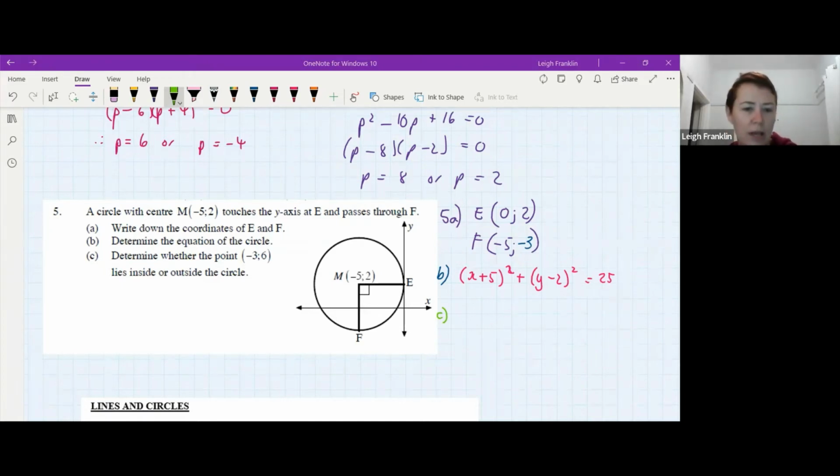No, not today. Okay, so essentially the question is exactly the same as what we've been practicing up to this point. So we're comparing the distance from the center to this particular point with the radius and going from there. All right, so what we would need to do here is work out the distance from the center to our point using the distance formula. So if we say -3 minus -5, that would be +5. And then here 6 minus 2 squared. So that means that the length of MP